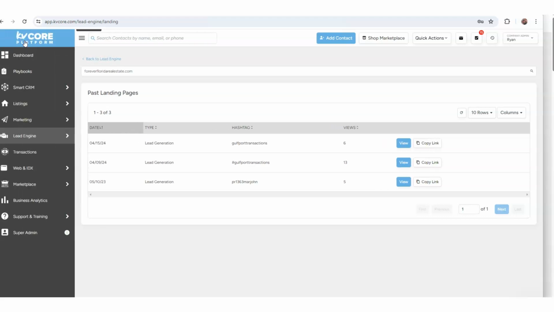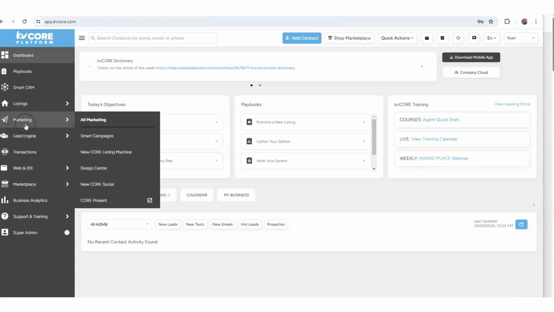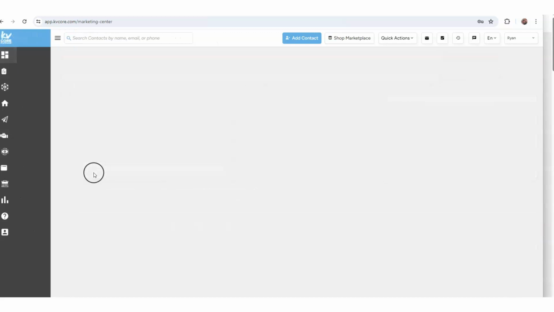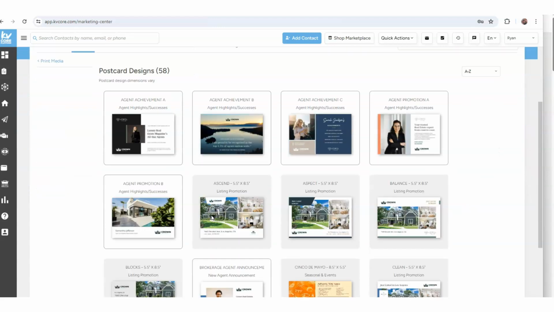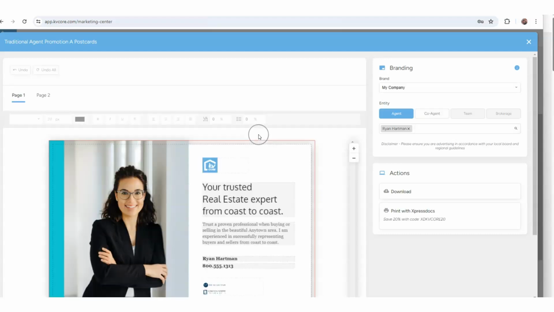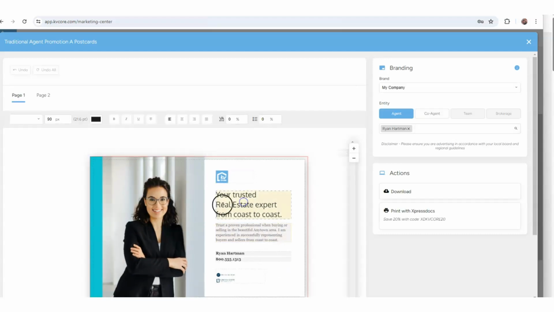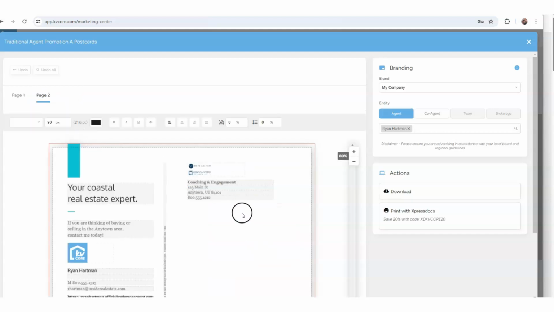Now, if you happen to have access in the system to the marketing center, the design center under the marketing tab. So here I am clicking on design center. You can actually design a postcard, or even a door hanger might be interesting here if you want to walk around the neighborhood and drop these off. But if I go to postcards here in the design center, I can make a quick design that sends people to my transactions landing page. So I can change all this around. I can have a URL for my landing page like gulfporttransactions.com or something like that. So just know that if you have access to the design center, you could do that with Express Docs directly